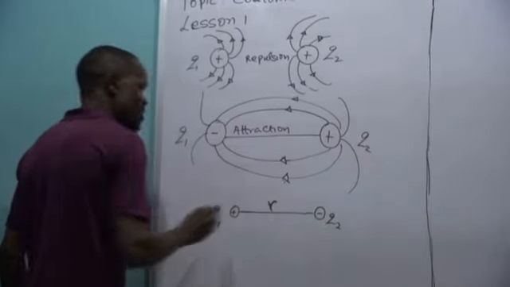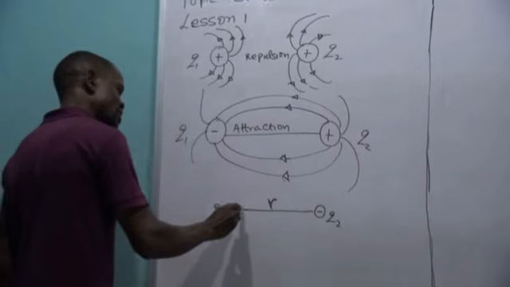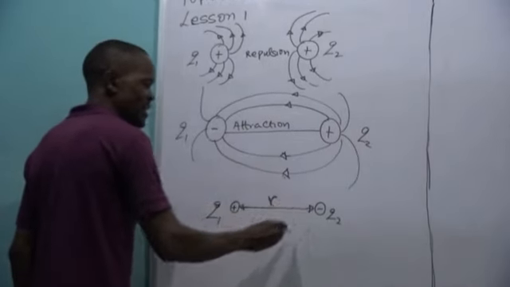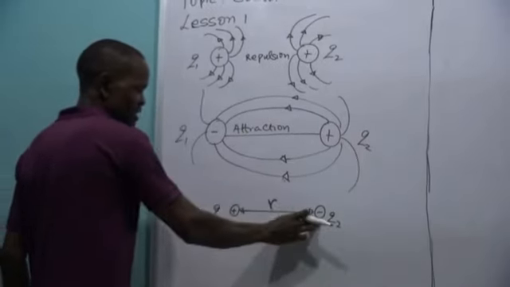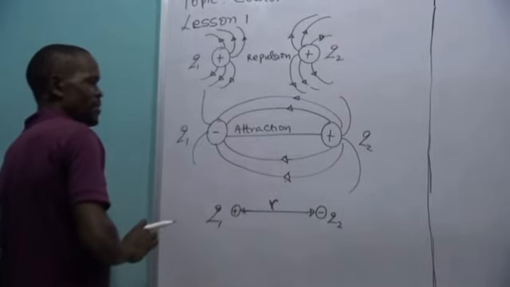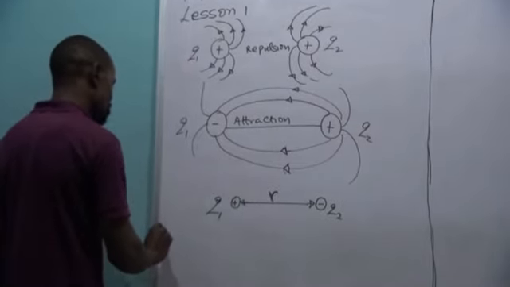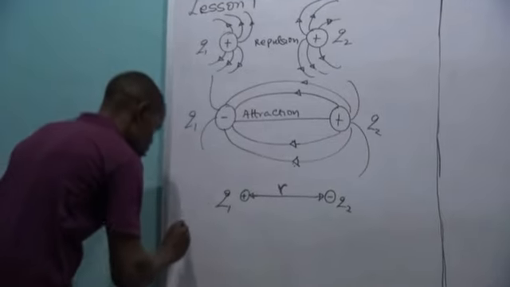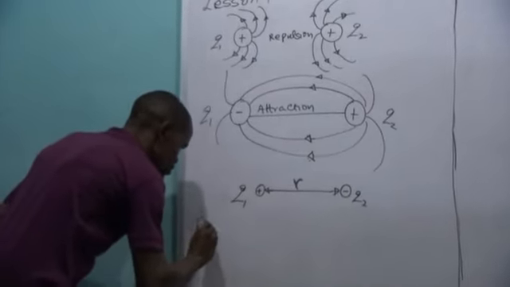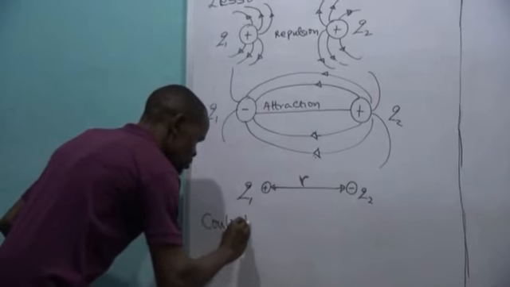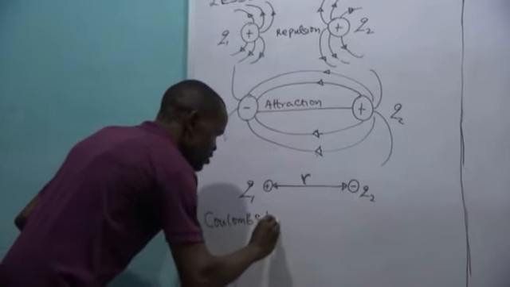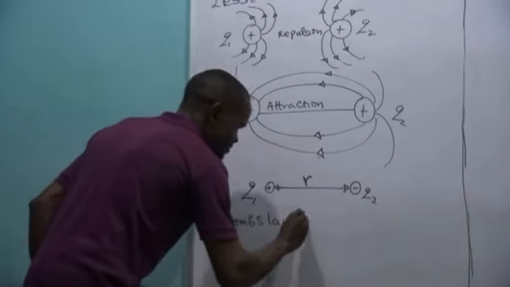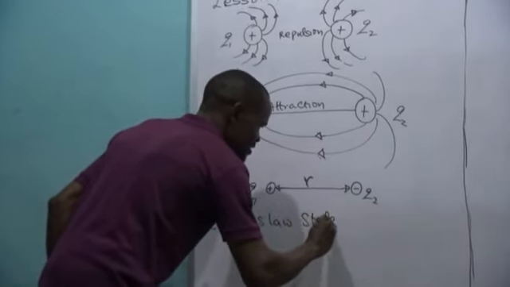The distance between them is R. This is the distance from here to here, where this man is and this man is. Look at the distance between them. Coulomb's law is trying to state that, Coulomb's law states that